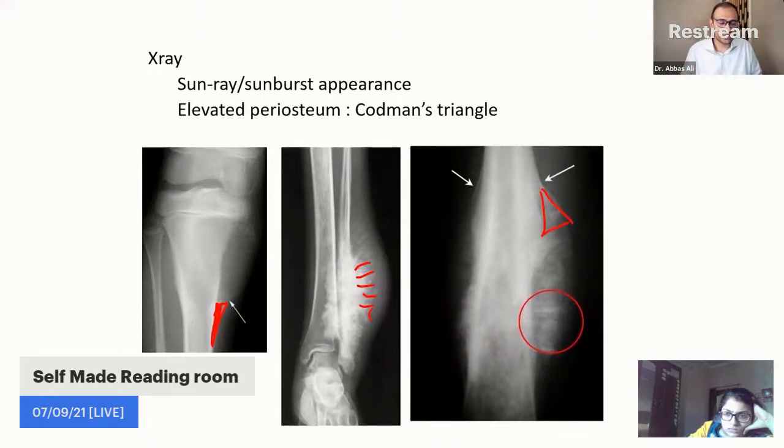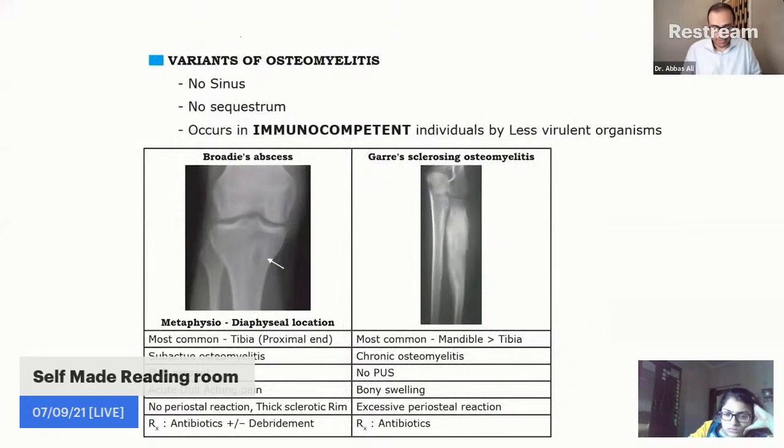What is Codman's tumor? Chondroblastoma. Yes, Codman's tumor is chondroblastoma. Right. So Brody's abscess and Garre's sclerosing osteomyelitis. I'm sure you know the differences. They occur in immunocompetent individuals with weak, less virulent organisms. In the Brody's abscess, there is a small central abscess where there is pus and the dense sclerotic rim